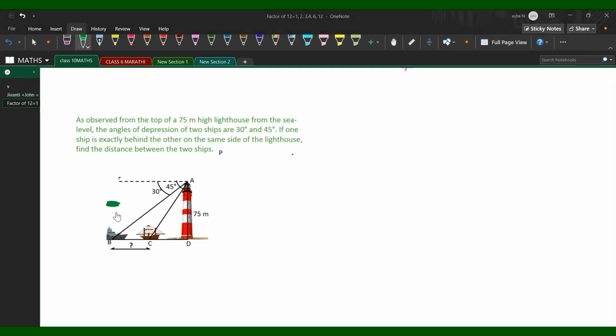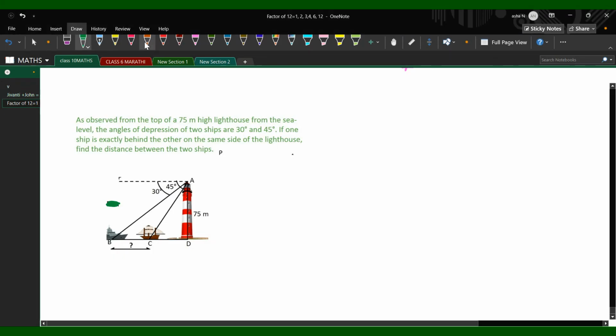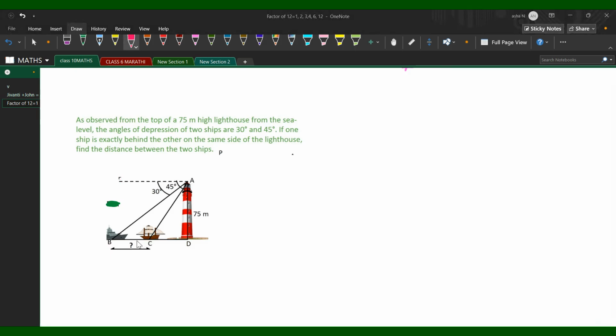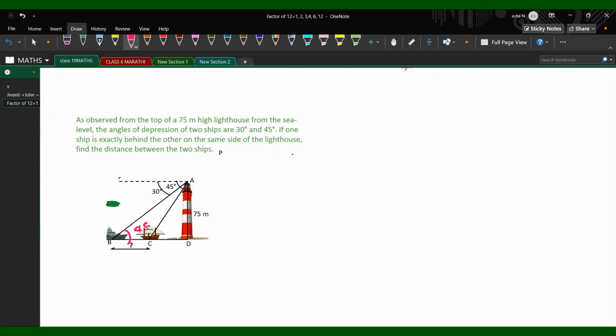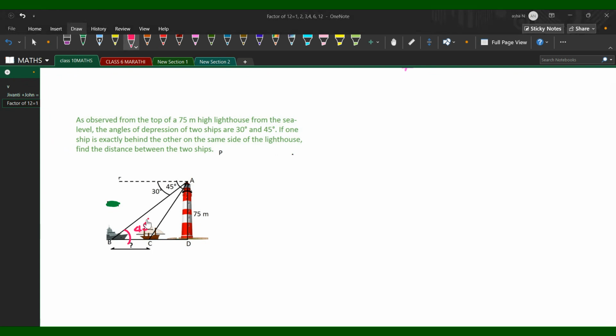How we are going to do this? And the angles are also angle of depression. So angle of depression is not a problem. See, up in the sky we don't have the road. So we will draw a straight line which is parallel to line BD. That you are aware. So if this angle is 45-degree, this angle will also be 45-degree. Correct?